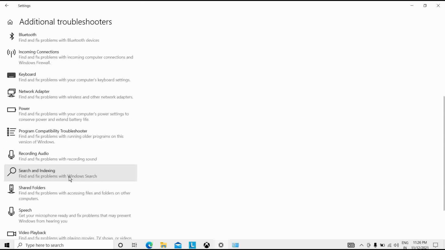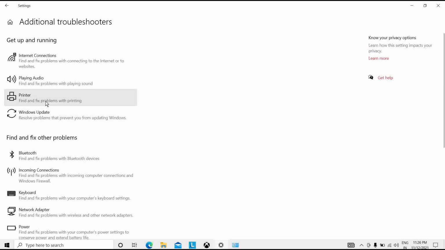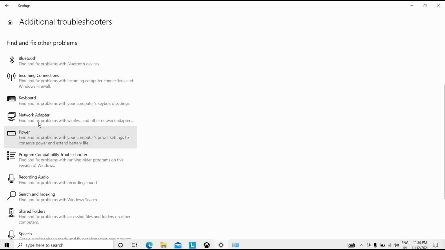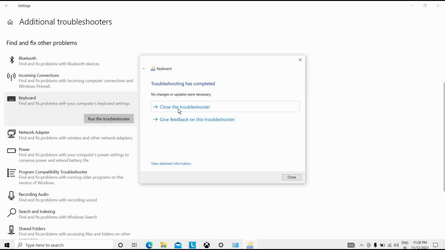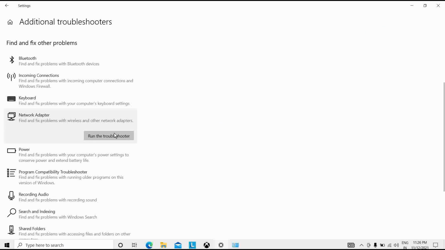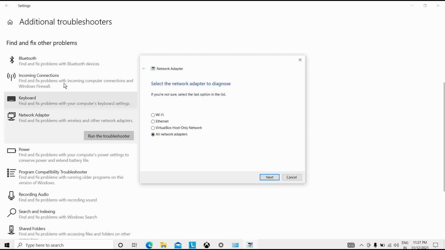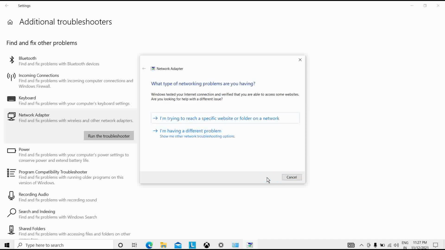After that I will check Windows update, internet connection, playing audio. So I will run this troubleshooter. This can be the cause of that problem. And after the network adapter, you have to select each one and troubleshoot all of these, so that hardware and devices will be scanned and troubleshooted.